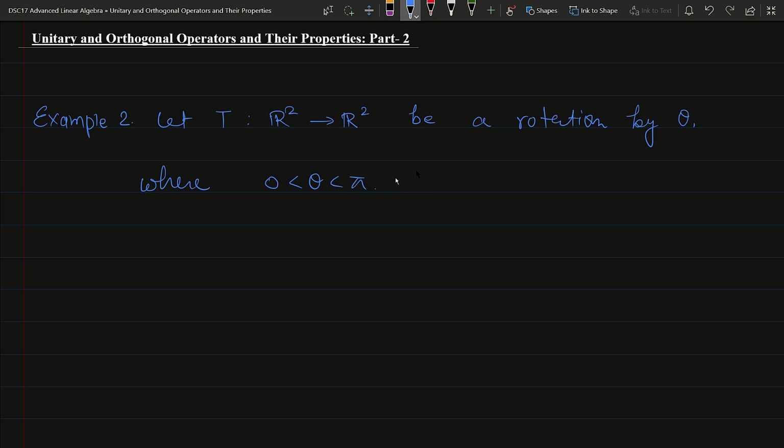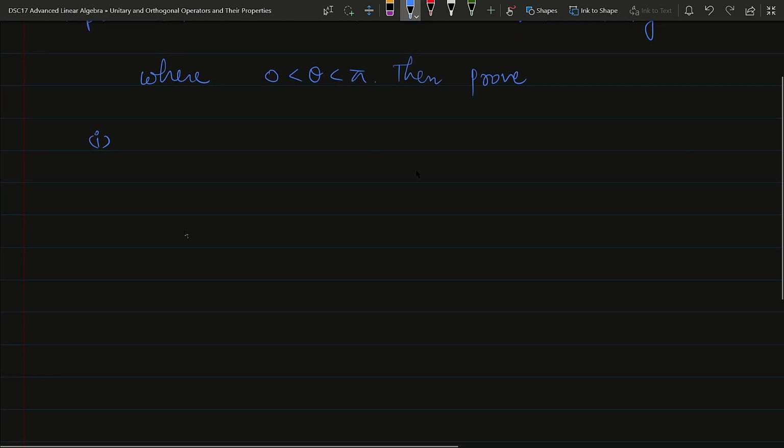Now then prove that. First we will have that T is orthogonal. Okay, so I'm writing the solution